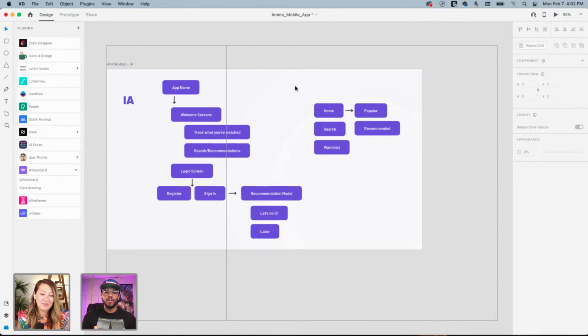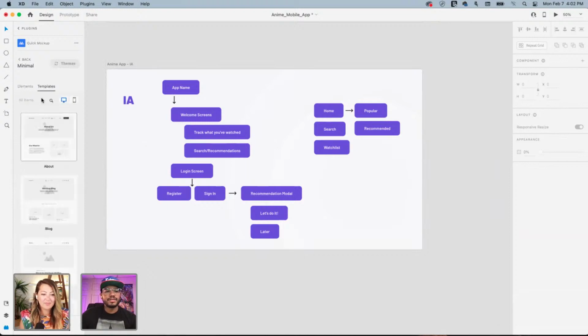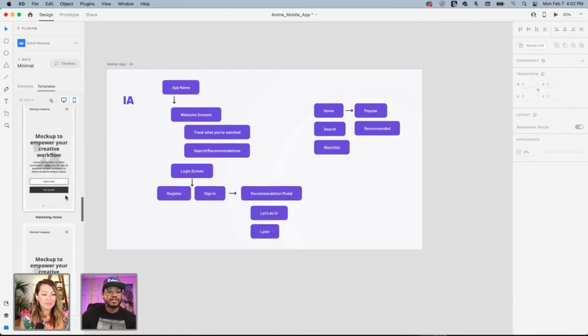Yes. So what I would like to do now is start wireframing, maybe make some wireframes that are rough. They're not going to be complete full-fledged wireframes, of course, but some ideas. So what I like to do here, let's see if there's some templates here that I can use as far as